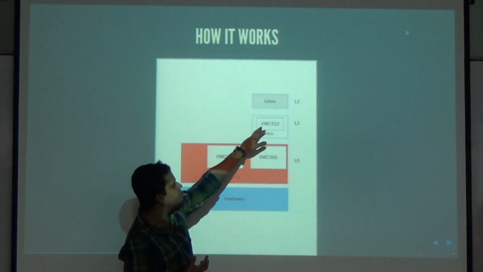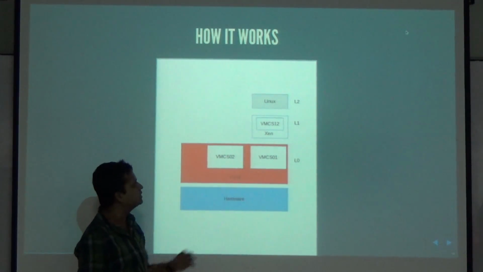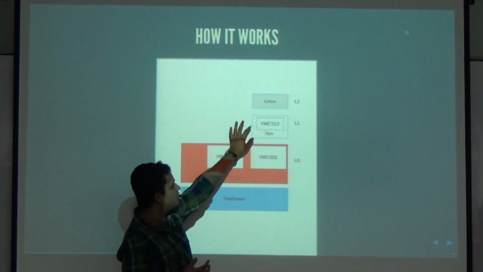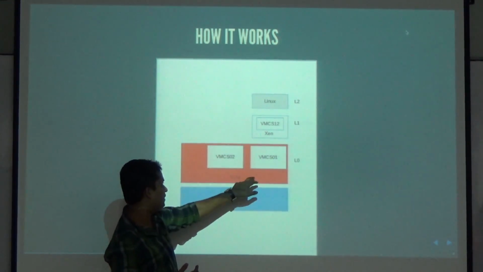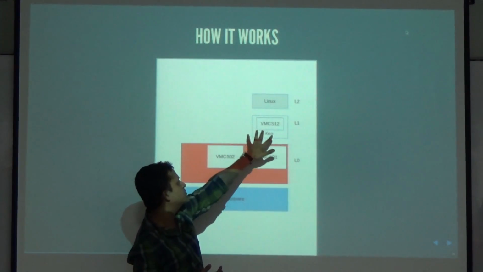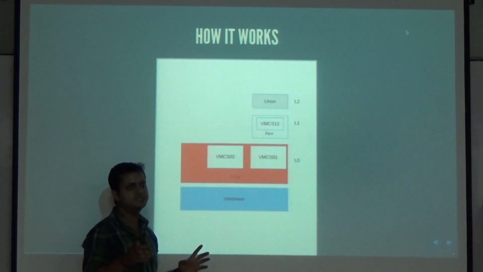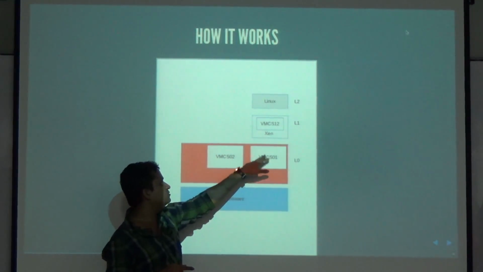Because this VMCS over here cannot run directly on the hardware or the processor that's on the hardware. Xen cannot load it directly. So what happens is when Xen creates this VMCS, that gets trapped by KVM, and KVM knows about this VMCS now. So what it does is it tries to create a subset of a new VMCS based on this VMCS over here and the VMCS that it has used to create Xen.